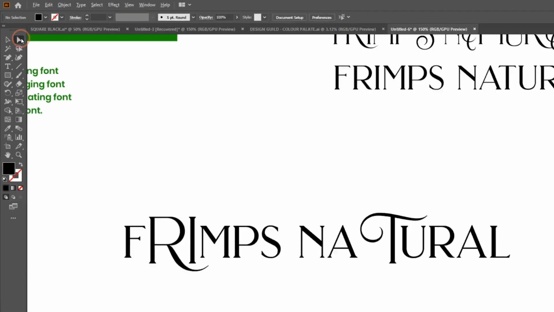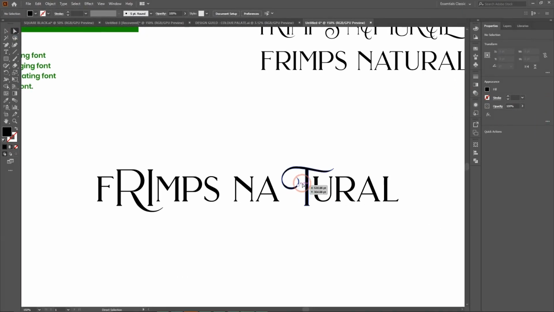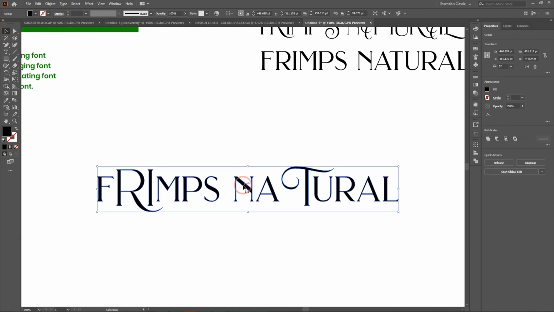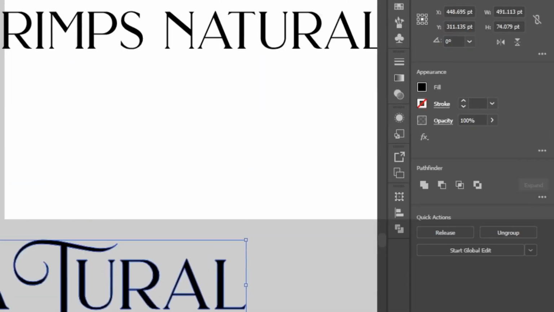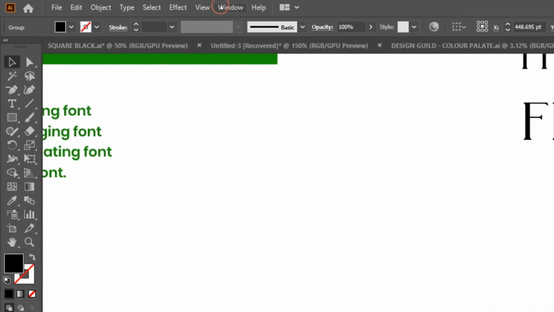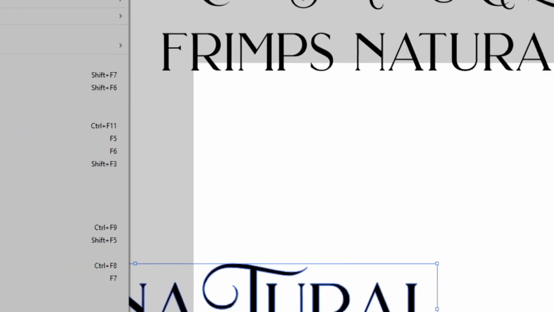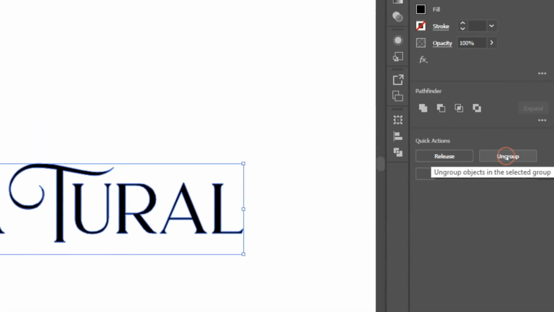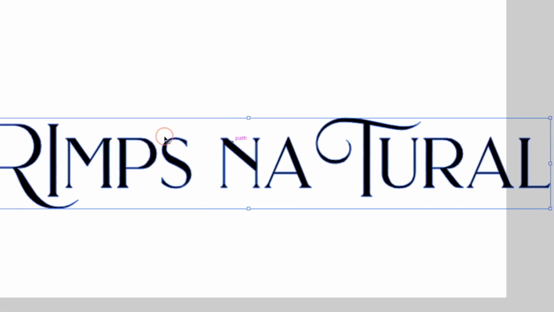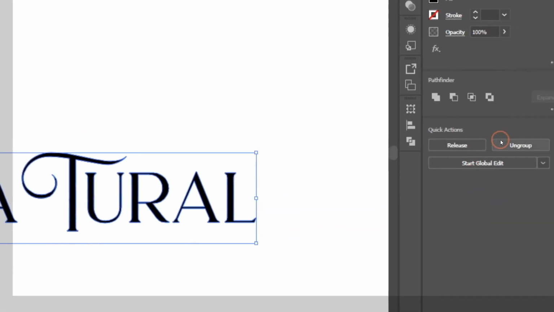For instance, we see from this angle that everything from this particular element is grouped. How you know that is, select the selection tool and select everything, and you see from the right corner in your property panel. If you don't see the property panel, click on Window until you see Properties, click on it, and you will see it pop out around here. So from the property panel, you see that we have Ungroup here, which means this element is grouped. Now if we click on it,